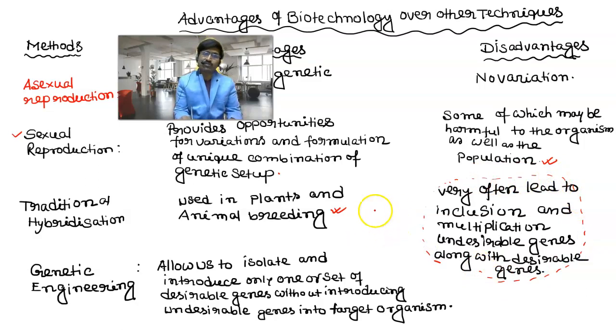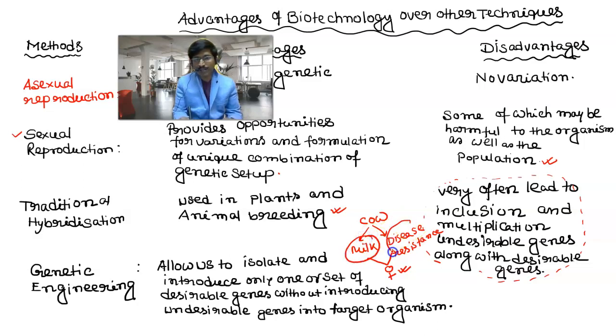Suppose I want two varieties of cow: one variety produces good quality milk, and another has good disease resistance property. Now I want to hybridize these two characters and get the hybrid one, but here the problem is that with this desired character